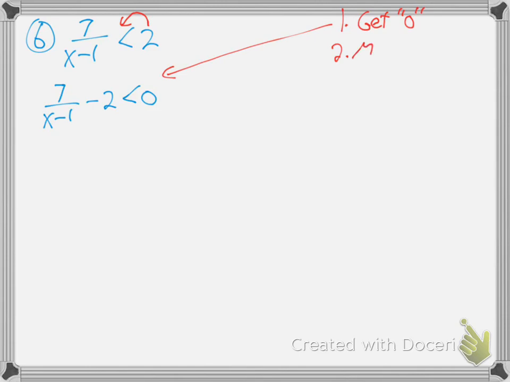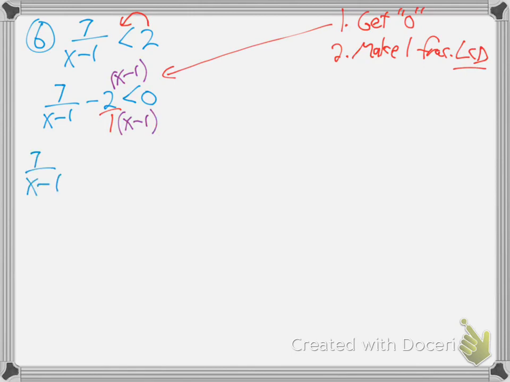Step number 2, make it one fraction by the LCD, common denominator. I'm going to have to do that this time. Put this over 1. How do you get a common denominator there? Multiply top and bottom by x minus 1 to make those have the same denominator. So it becomes 7 over x minus 1 minus, and then